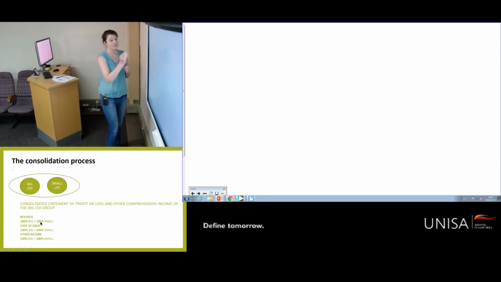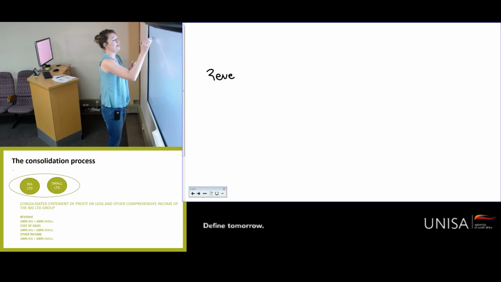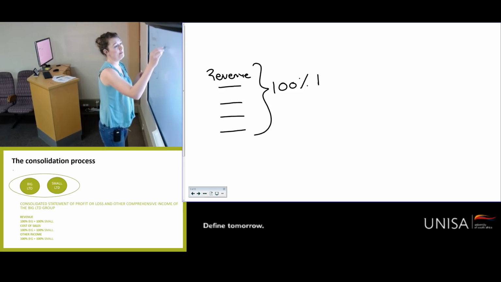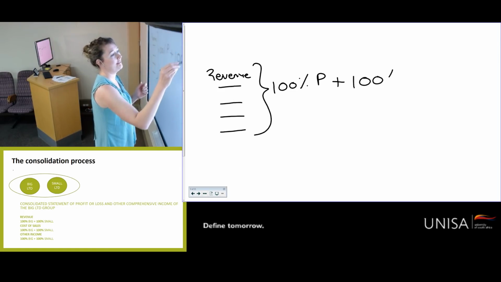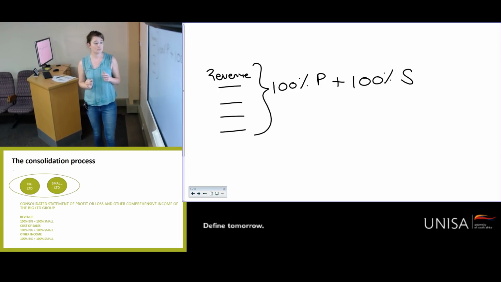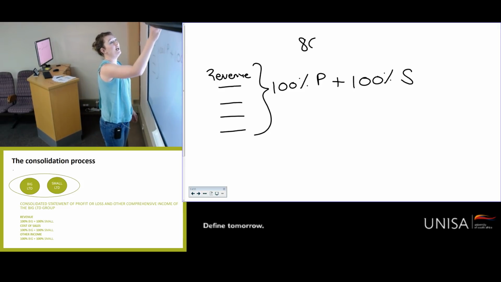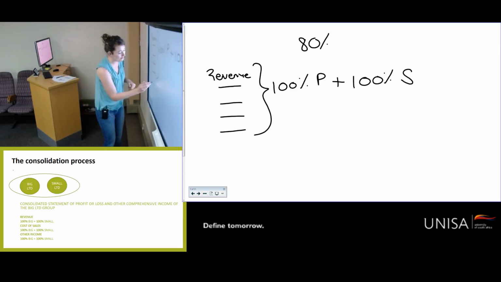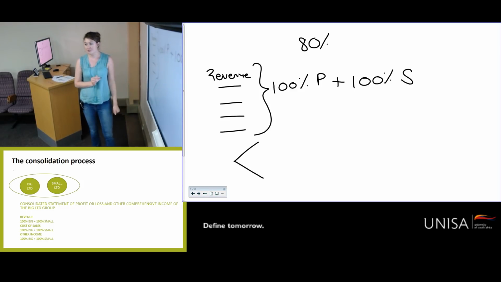So if we have a look at our statement of profit and loss, here I've got all my line items: revenue, cost of sales, other income, other expenses, income tax expense. Now for all of these line items, I'm going to include 100% of my parent plus 100% of my subsidiary. Do I actually own 100% of the subsidiary? No. Let's say, for example, I actually only own 80% of the subsidiary. So how do I show my investors that, yes, I've brought in 100% of the profit, but I actually only own 80? I split the profit at the bottom of my statement of profit and loss,